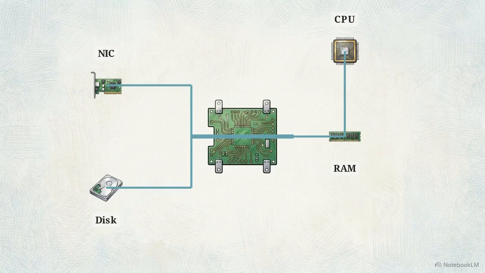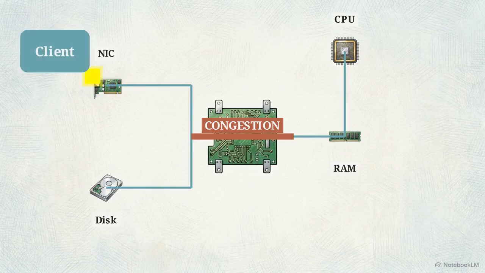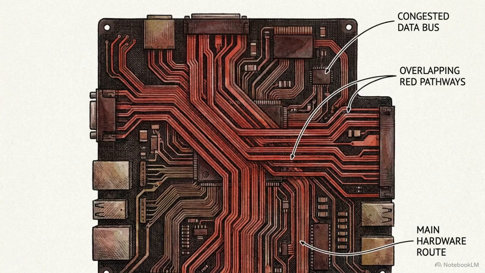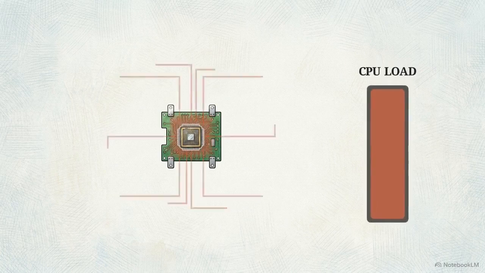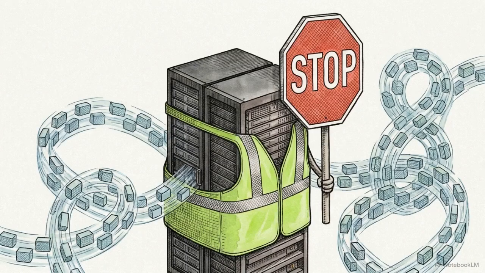Consider a single file request. Data is pulled from the local disk, crossing the internal bus into RAM. The processor then pushes it back out, making a second trip across the bus to the network card, before finally transferring to the client. The mechanical flaw here is routing. Every single byte of requested data is forced to travel through the server's internal hardware buses twice. In a high-volume database, this double handling saturates the system bus and exhausts CPU cycles. The application server stops processing logic and is forced to act as a traffic cop for its own hard drives.